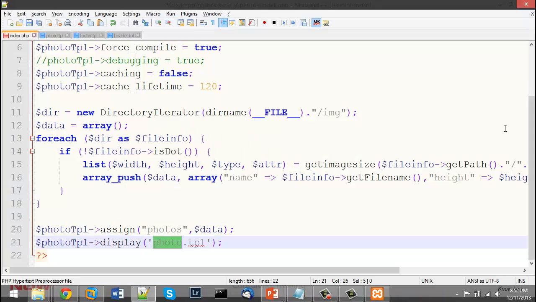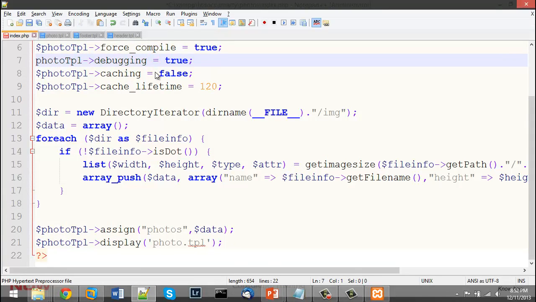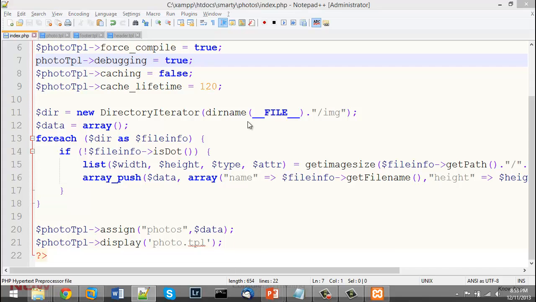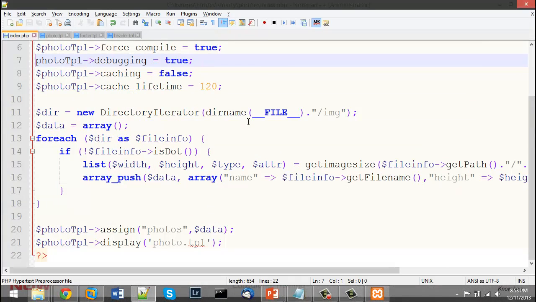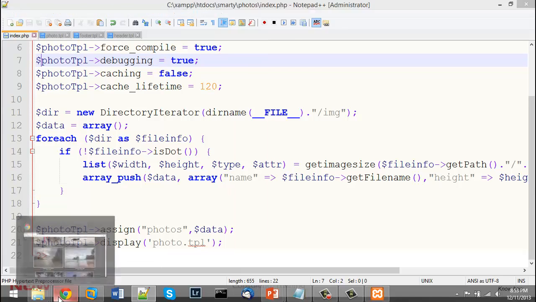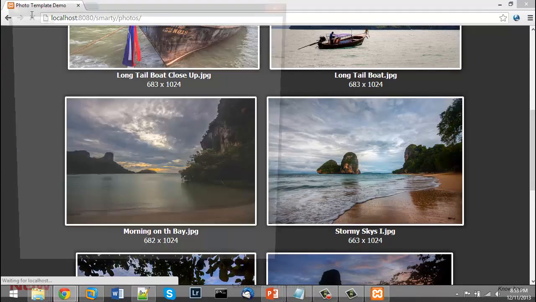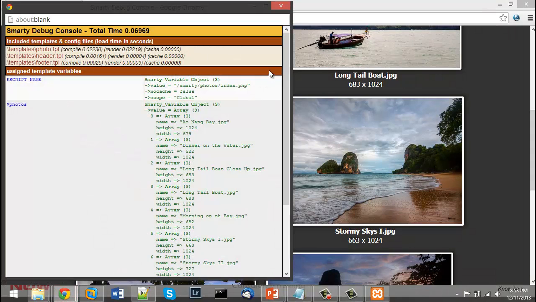But let's turn on the debugging just so you can see what's going on inside of that. What it's going to do is it's actually going to pop up a window. So I commented out that line, uncommented that line there. Oops, need to add a dollar sign there because that won't work. Let's go back over here and reload this, and you can see here that it loaded up a pop-up window,